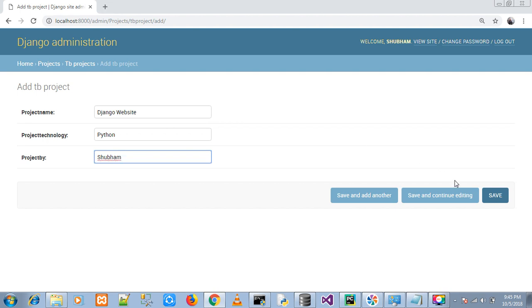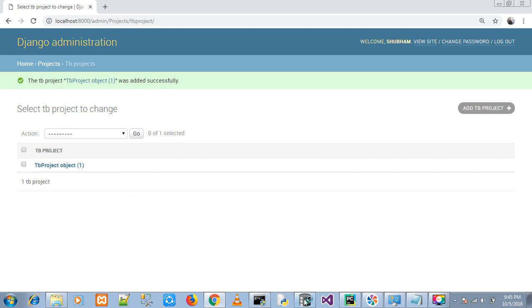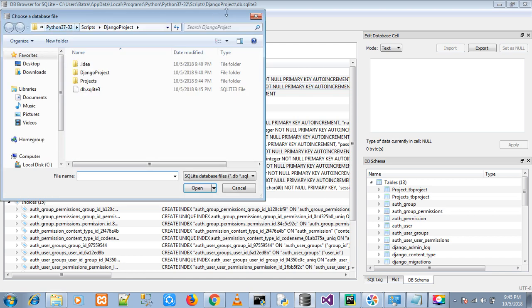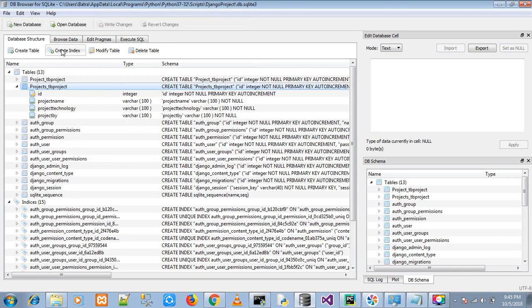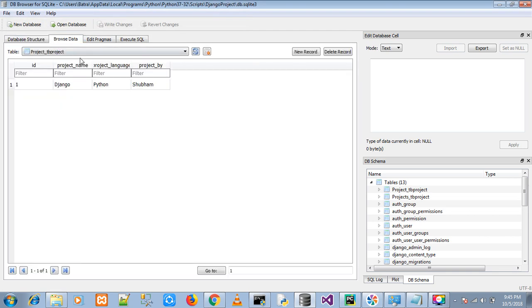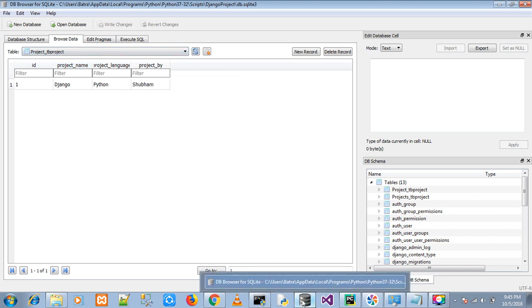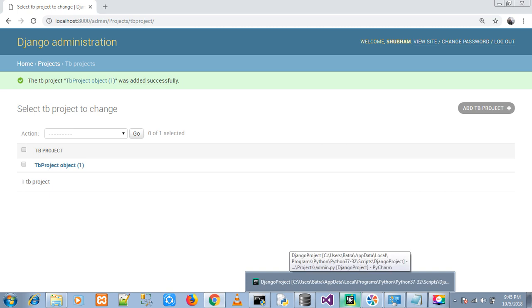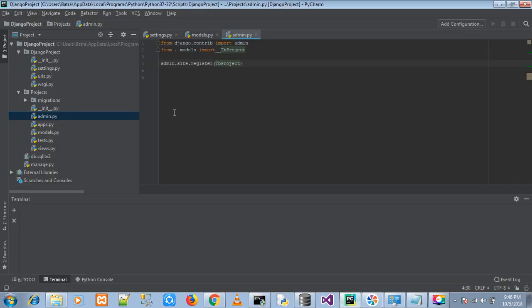So while pressing save, we must see this record in the database. So we will go back to the database. Sorry for that. We will just refresh the data. So you can see data is inserted without even writing a single line of code for insert. So that's how Django works. It automatically provides functionality for your admin section. So guys, this is how you can just create your own